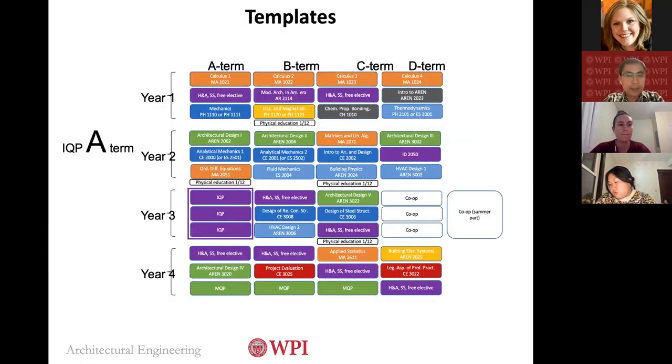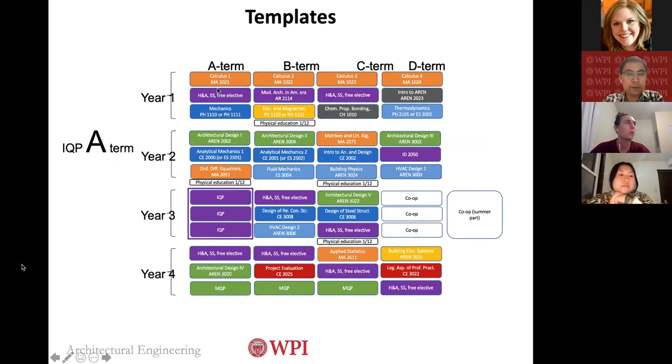Okay, and so this is a template of the whole schedule put together. Just one example, and IQP. That's a project for 1 entire term, and a lot of students do not study at WPI for IQP. They travel to different places across the country or go to different countries. So this is one example.